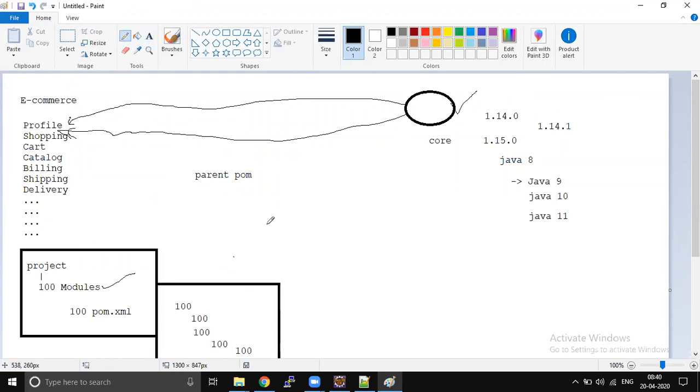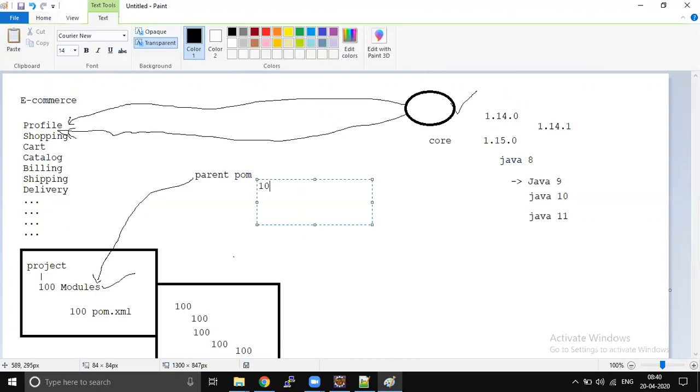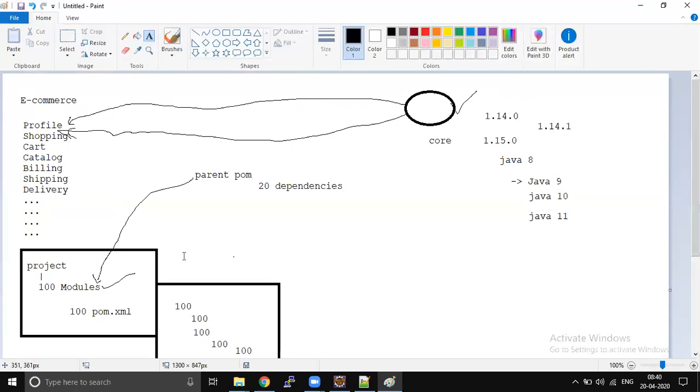For example, right now I have 100 modules, where there are 10 or 20 dependencies which are common for all 100 modules. What I will do is keep all these 20 dependencies in a single POM, and I will make that a parent POM.